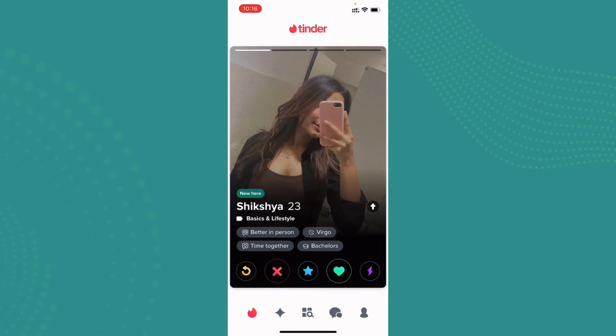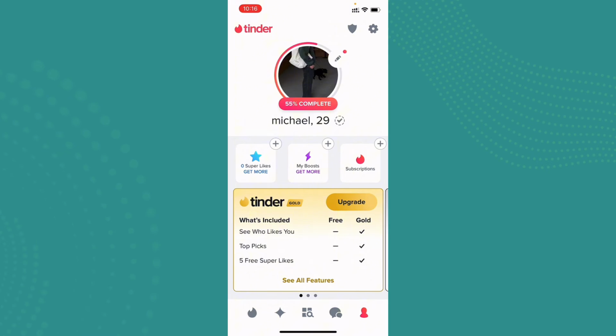So now in order to cancel the subscription, what you can do is go ahead and tap on the bottom right corner with the little profile on there. Once you tap on it, you'll be presented with your profile section. Now if you have subscribed, it will show you on the screen right there. Now if you have got a subscription for Tinder, what you can do is simply go ahead and